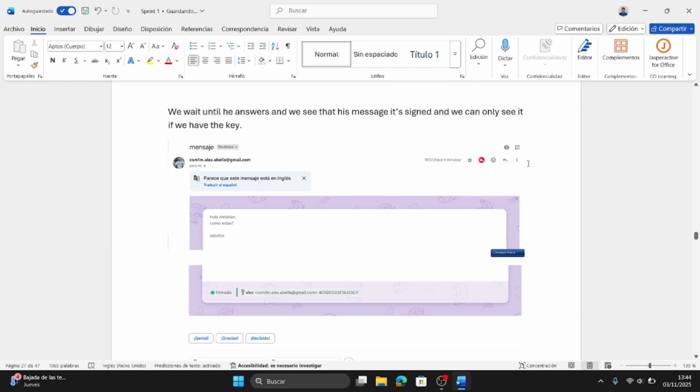We wait until he answers, and the mail says that it's signed, but as we have the key, we can read it. If we didn't have the key, we are not going to see the content. We are only going to see the signs and that we can read the message.